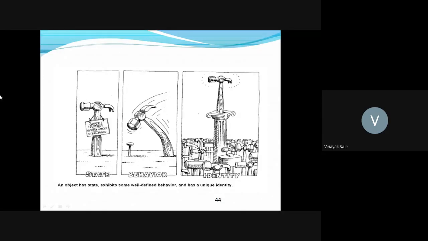This picture shows that an object has state, behavior and identity. Initially the object is a simple object, but the second picture shows the behavior of the object, and the third picture shows the identity of that object, which is different from other objects.